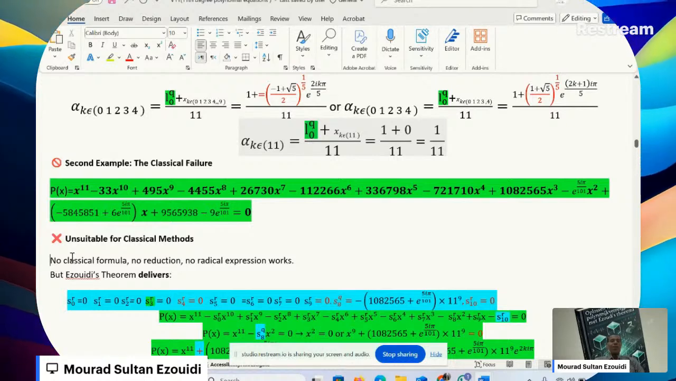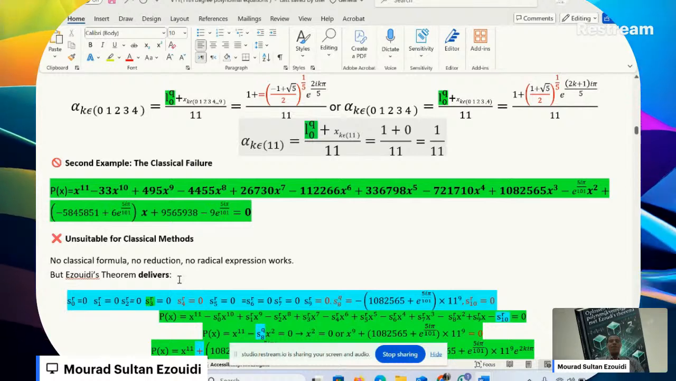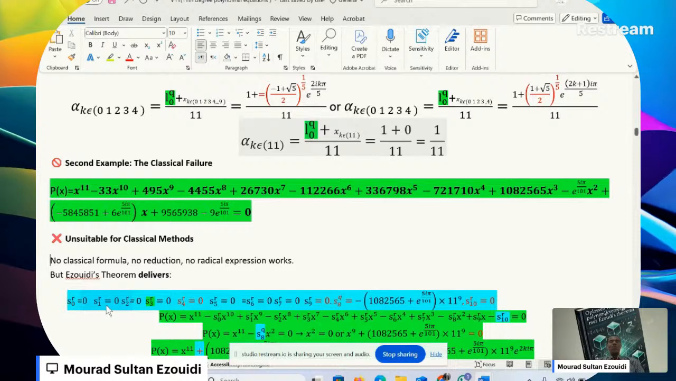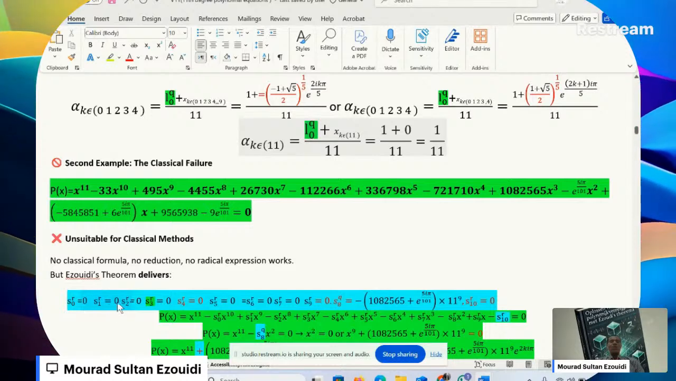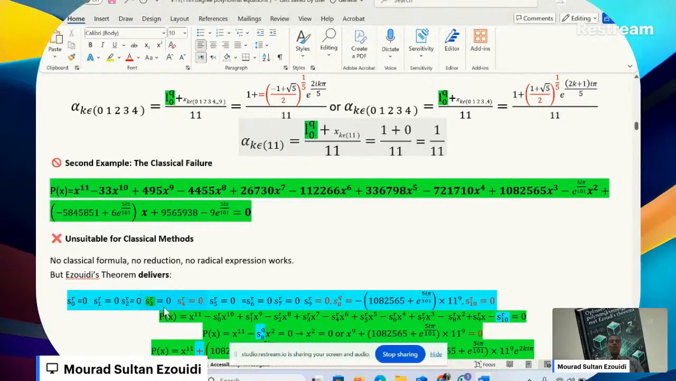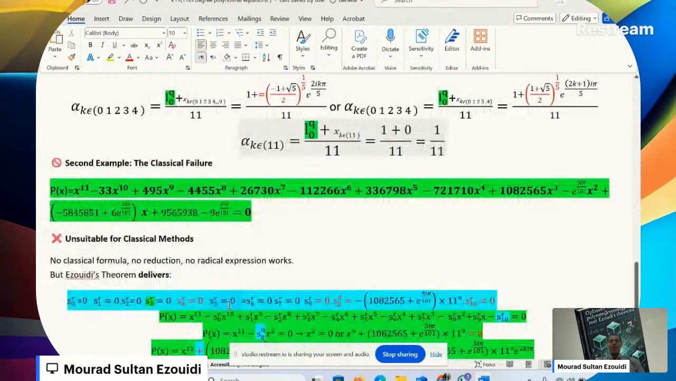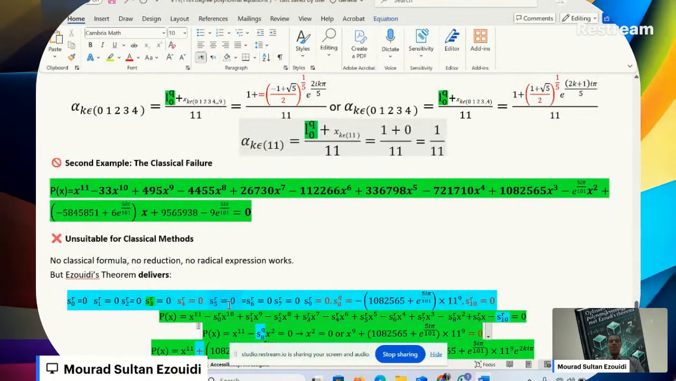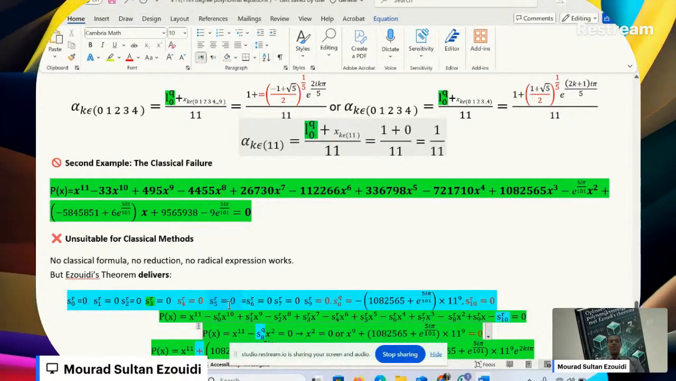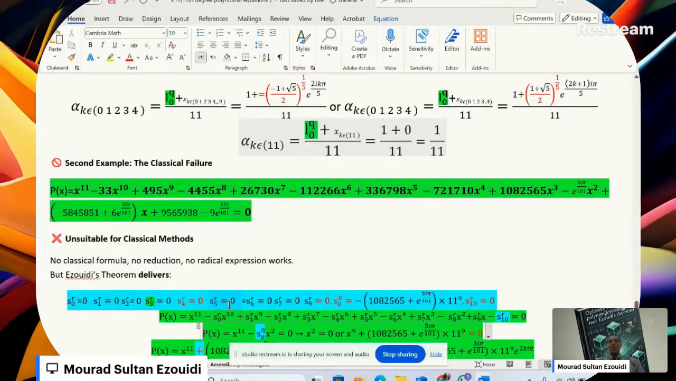Okay, but the Zweidi theorem delivers. It delivers that s0 of order r is 0, s1 of order r is 0, s2 of order r is 0, s3 is 0, s4 is 0, s5 is 0, s6 is 0, s7 of order r is 0, and s9 as well, except s8, which is equal to negative